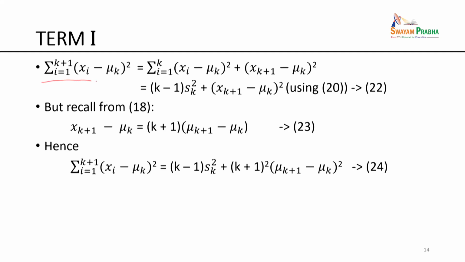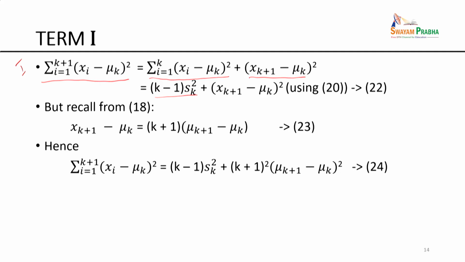This is the sum over k plus 1. Sum over k plus 1 is equal to sum over k plus the k plus 1 quantity. The sum over k plus 1 can be expressed as k minus 1 times sk square. Now look at that. This is the first term in the expansion in the previous case. I'm trying to express this in terms of the variance of the first k